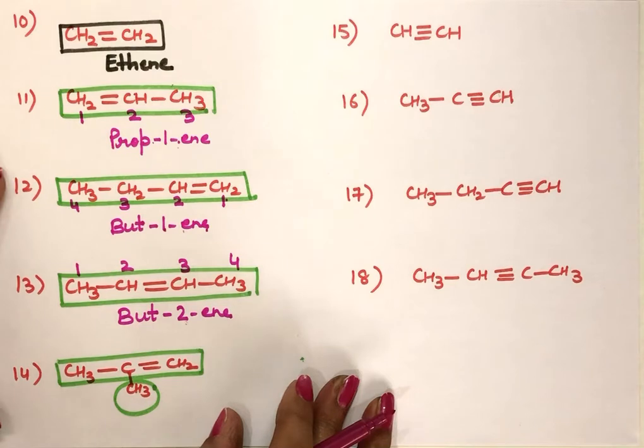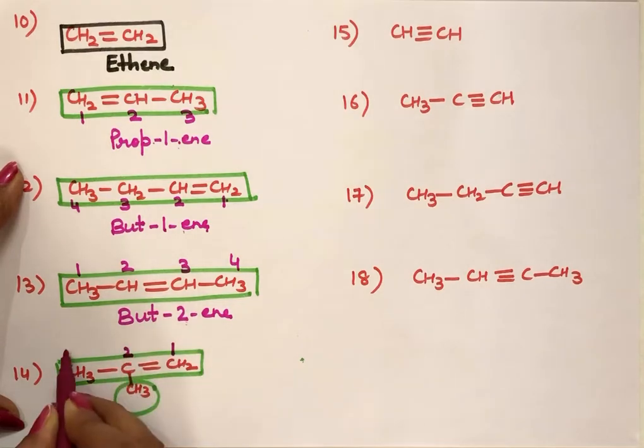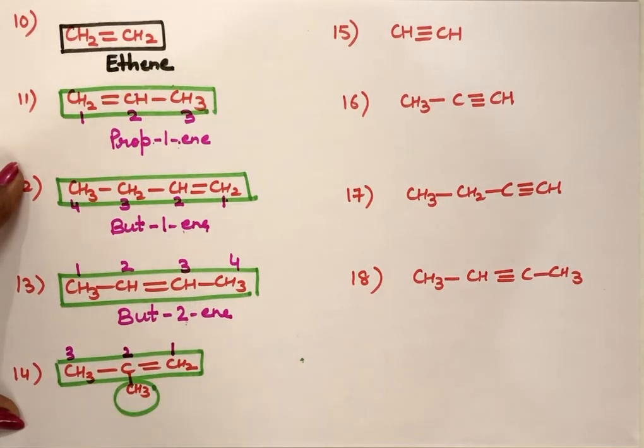Now this compound, this is the parent chain. Numbering from the side which gives the lowest position to the double bond. We will not see the substituent here. If a double bond is here or a triple bond is here, we'll give preference to the double bond or triple bond. Numbering from a side which gives the lowest number to the double bond. Now in the name, first is the name of the substituent. The substituent is linking with the 2nd carbon. So first is 2-methyl.